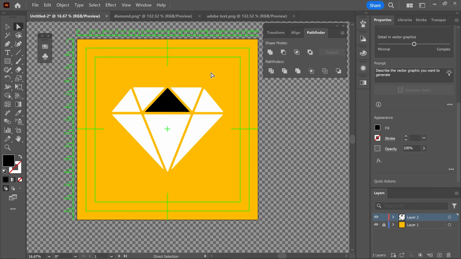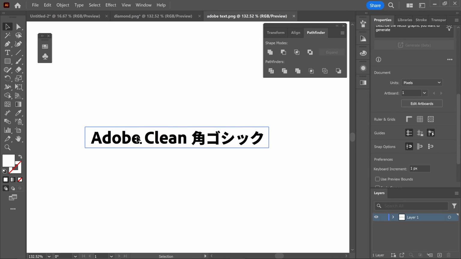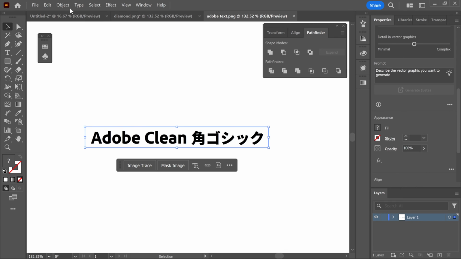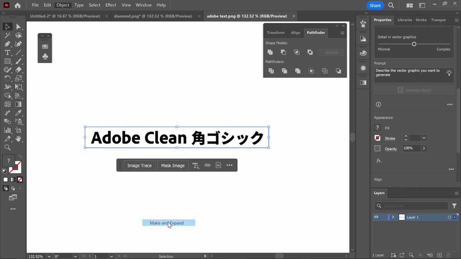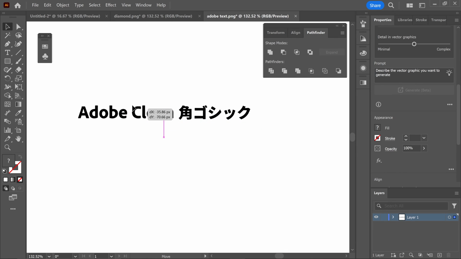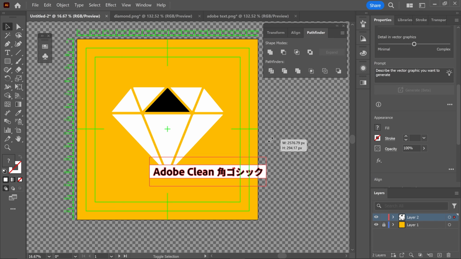Now, the great thing about this is that this also works with text as well. So for example, if you have a picture of some text, you can once again select it, go to Object, Image Trace, Make and Expand. You would drag and drop this into the new project, upscale this,